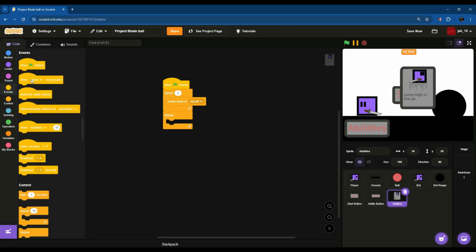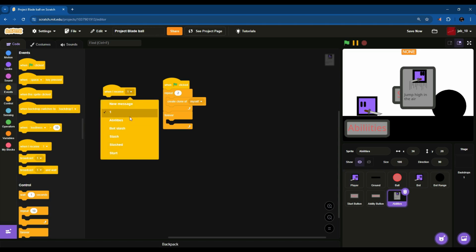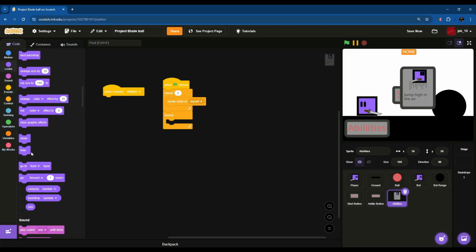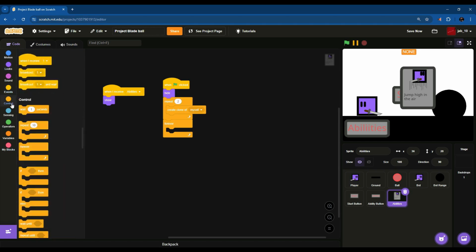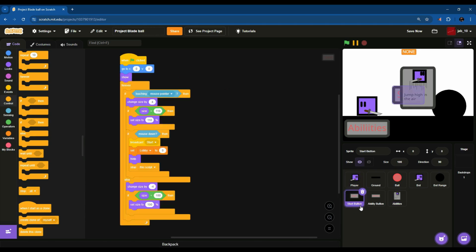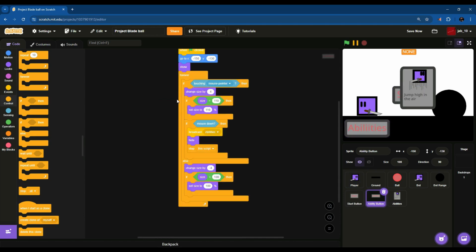And then we're gonna go to events, get a when I receive, and then we want to receive abilities. We're gonna go to looks, get a show, get a hide, and put it under the when green flag clicked. We're gonna go to control, get a when I start as a clone. We're gonna go to the start button, and let's also borrow the